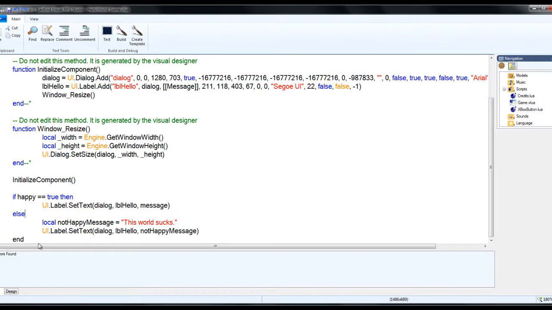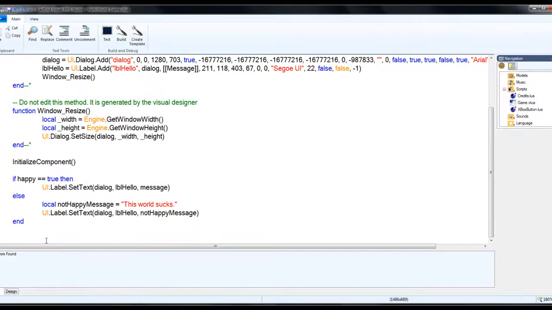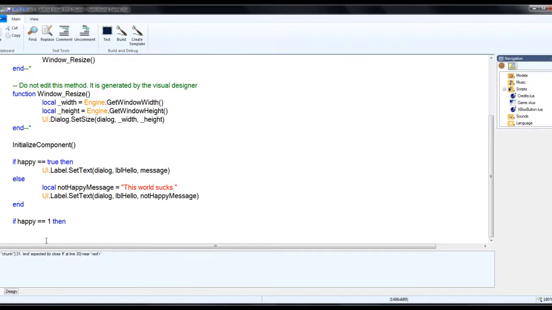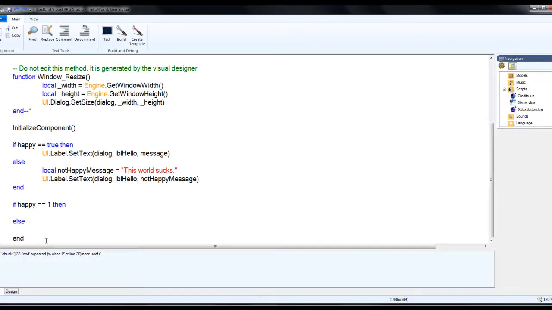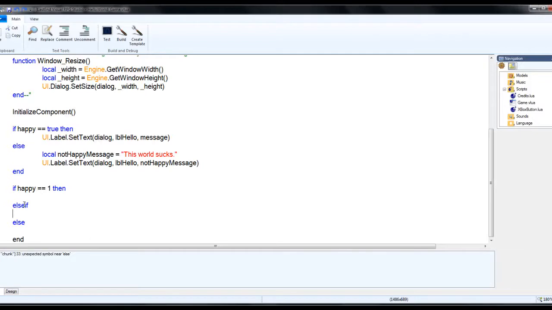Also, just to show you an example, say happy was a number and happy equaled 1, then we'd have some stuff there that would happen. And then you would have the else, if it doesn't equal 1. Well, sometimes you want more than just two cases within the if statement. So within Lua, we call these elseifs, and that's literally one word. And then within that block, oh, sorry, I forgot to put in a variable. Elseif happy